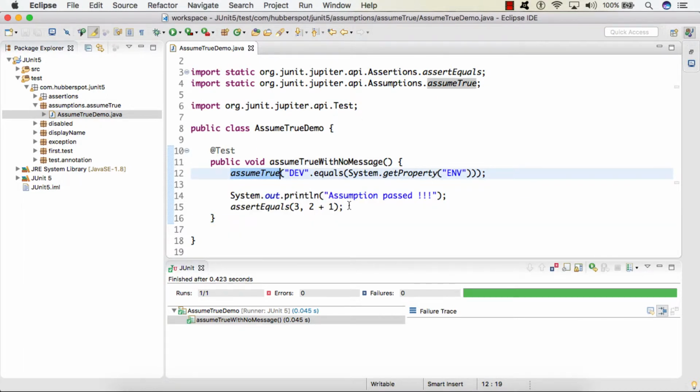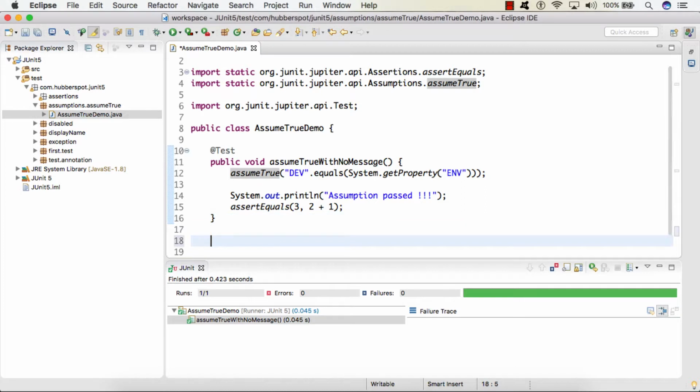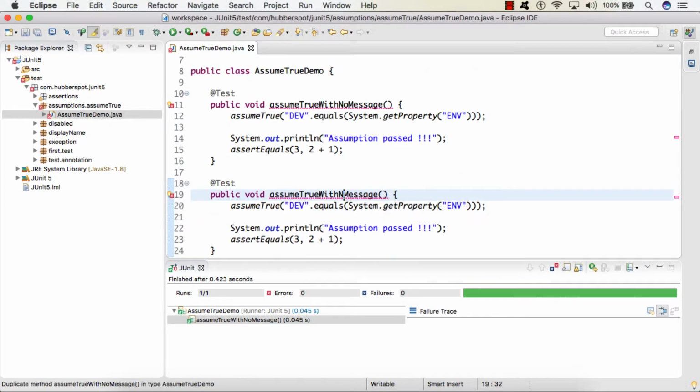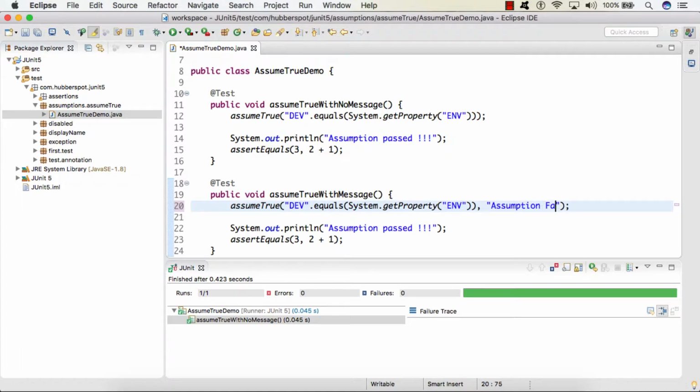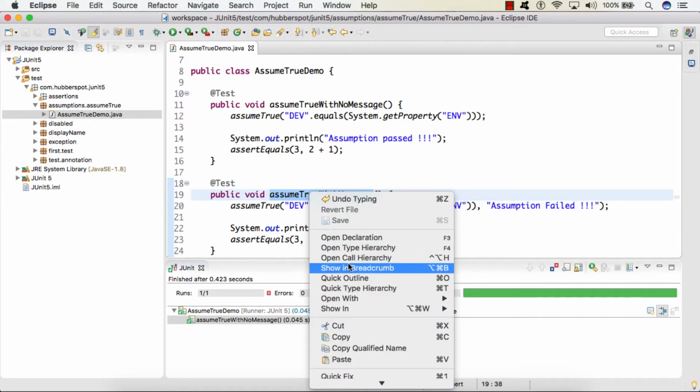So this is the first overloaded method. Now let's see the demonstration of the second overloaded method, which takes a message. So here I simply provide a message, let's say assumption failed, and I simply run the test case without setting the system property.